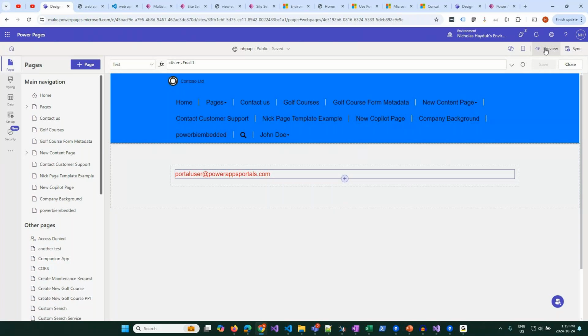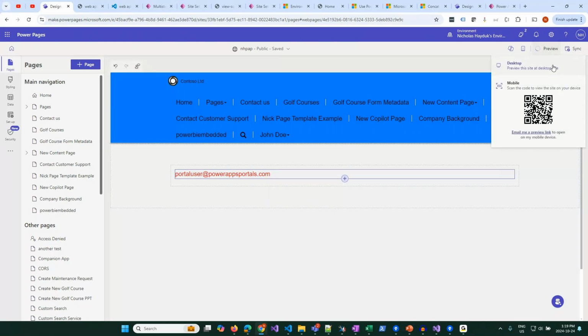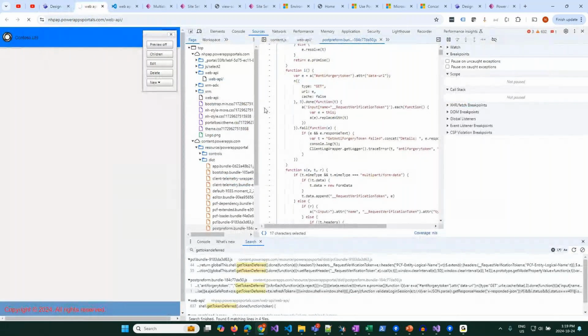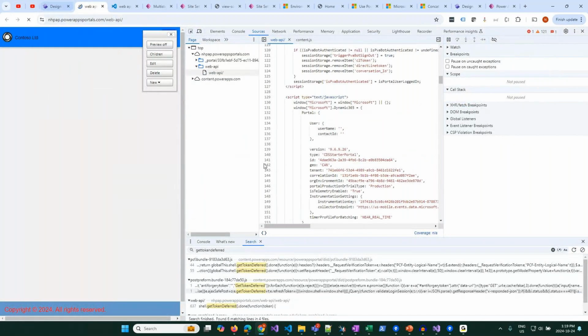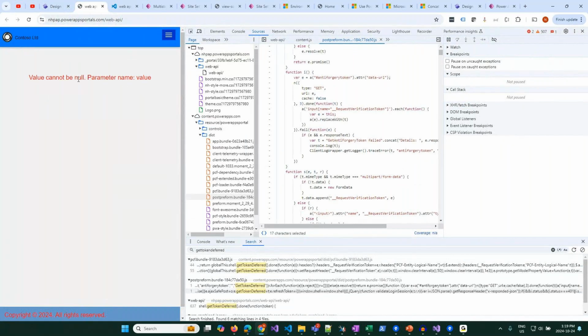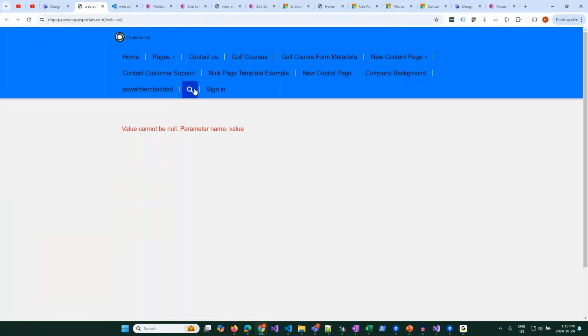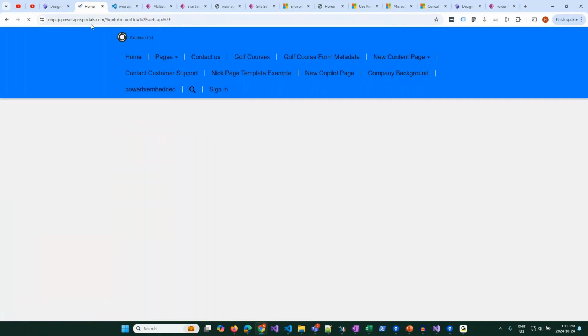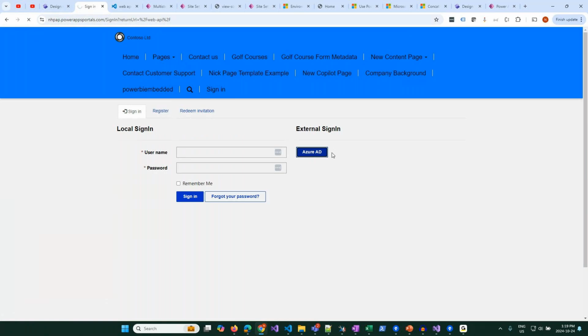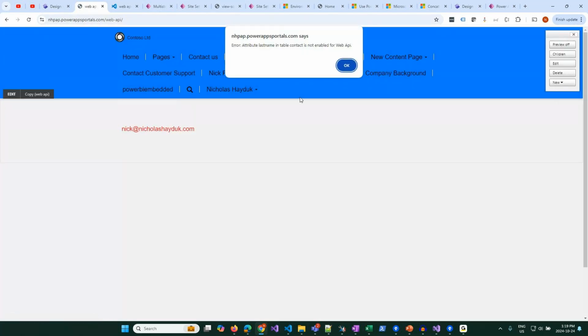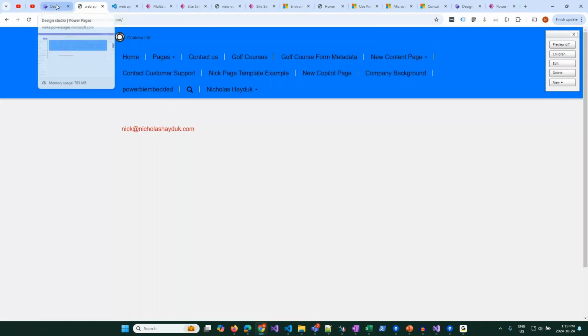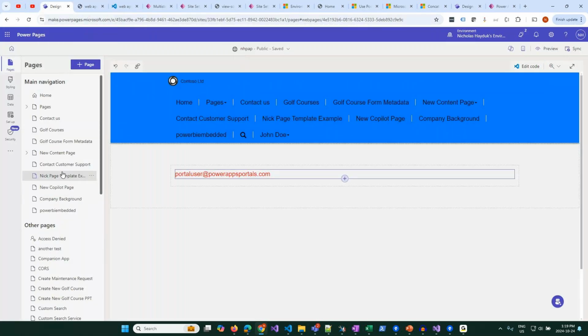But what I'm going to do here is just preview this, and we'll take a look. Oh, I'm on the web API page. I see. So, value cannot be null, parameter name value. And that is because I'm not logged in. So if I were to log in, you should see my email address. I'm going to switch pages here because I've got a web API page. So let me just jump over to